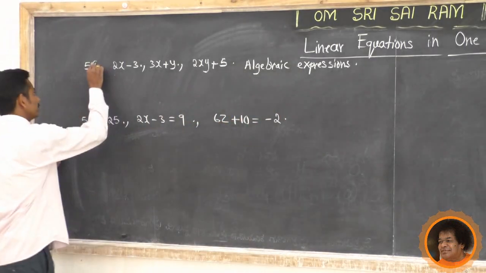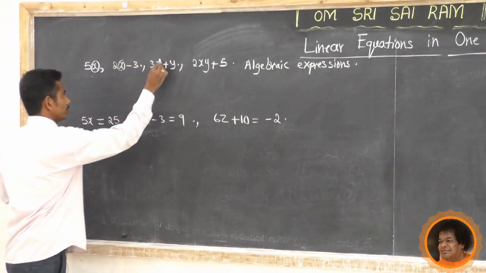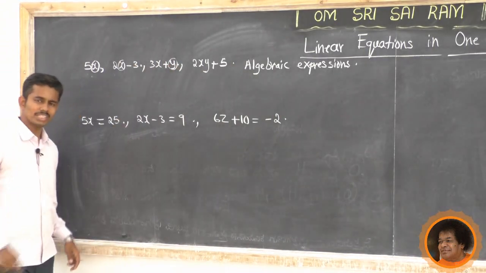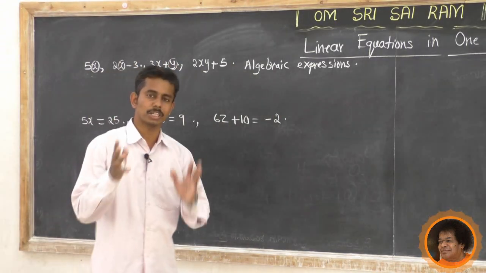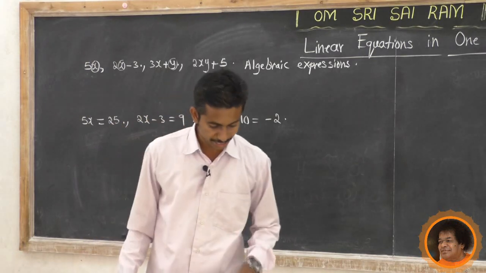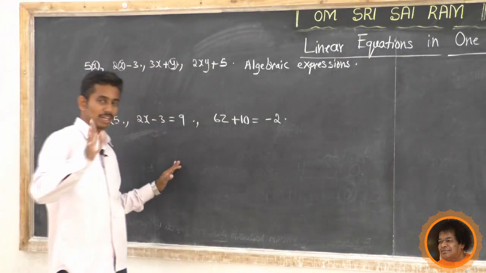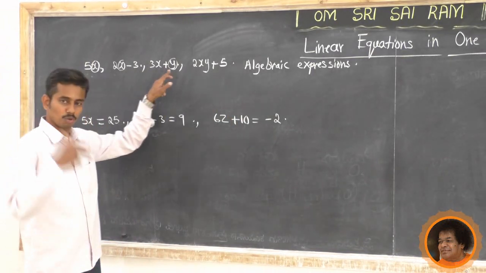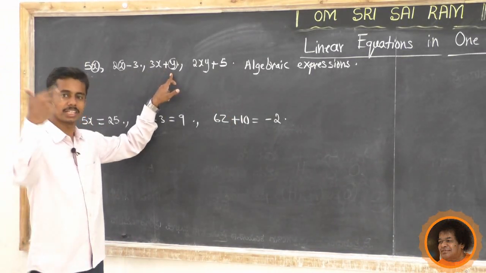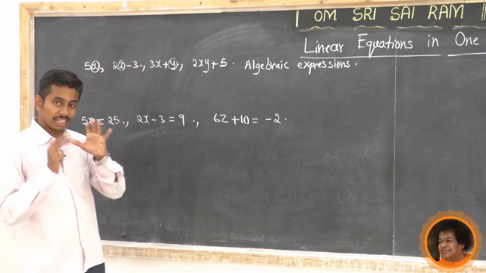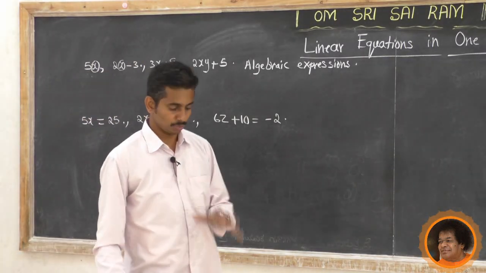What is constant? It has a fixed numerical value. Now come to this, x is variable, y is variable. What is the meaning of variable? What is the difference between constant and variable? Variable means it has no fixed value. It has no fixed value because the value of x or y changes with different numbers.